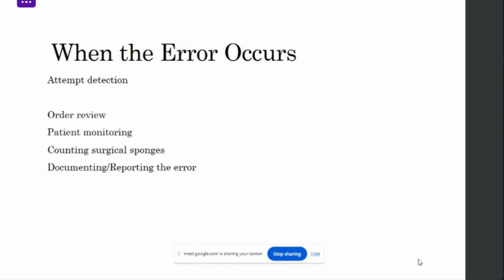So when the error occurs, how do you rectify it? First, you have to detect what the error is, what the problem is. Then do a thorough root cause analysis. What is the problem lying behind it, and what can be the corrective action, and what can be the preventive action for the further steps. So the review needs to be done properly, and the patient needs to be monitored thoroughly for any harm, and counting surgical sponges if it's a procedure done on the patient, because many times there are case reports where surgical sponges were left inside the patient, and